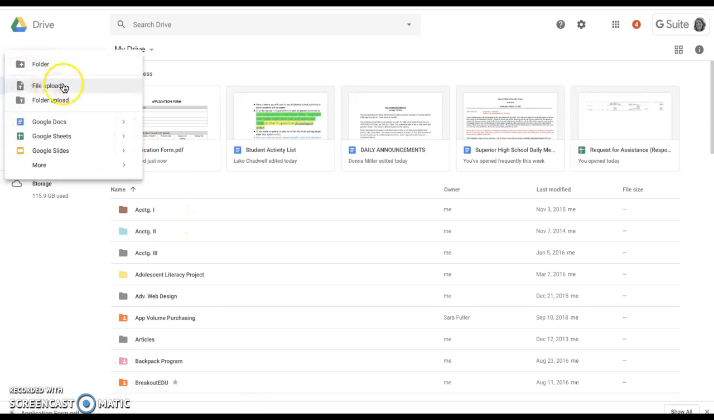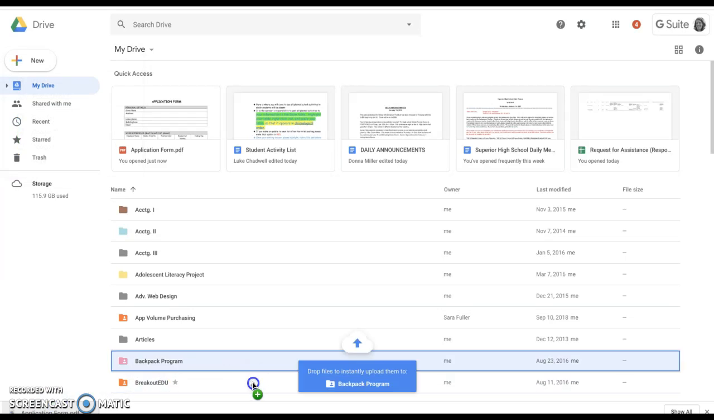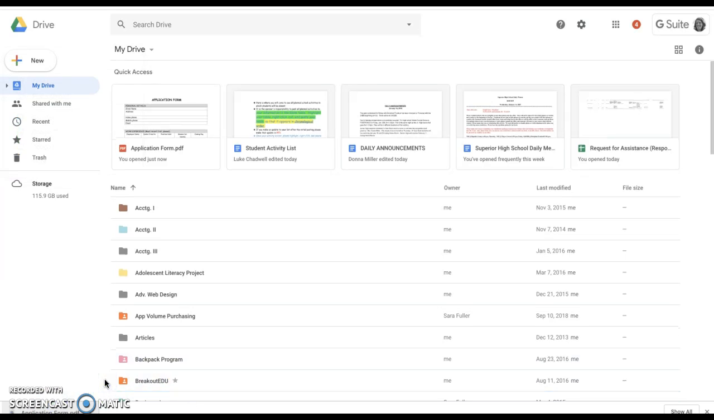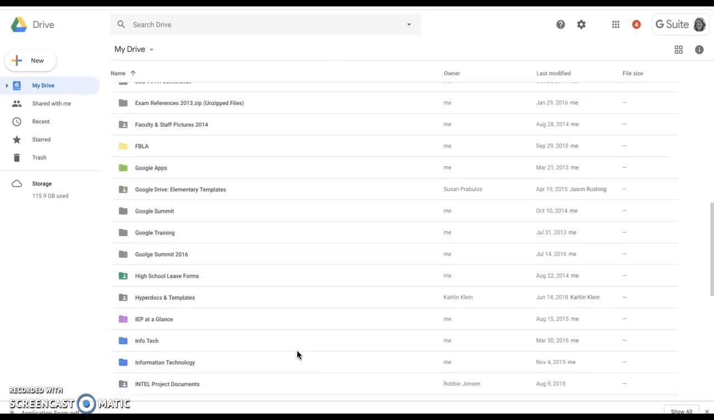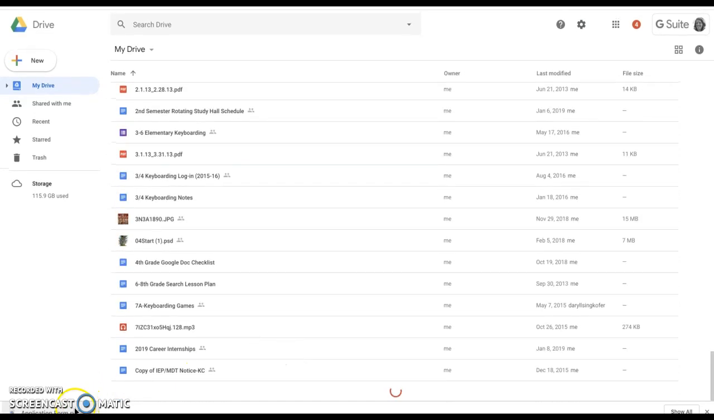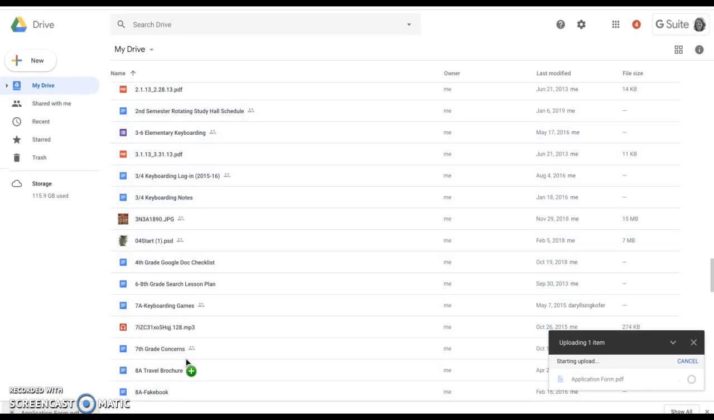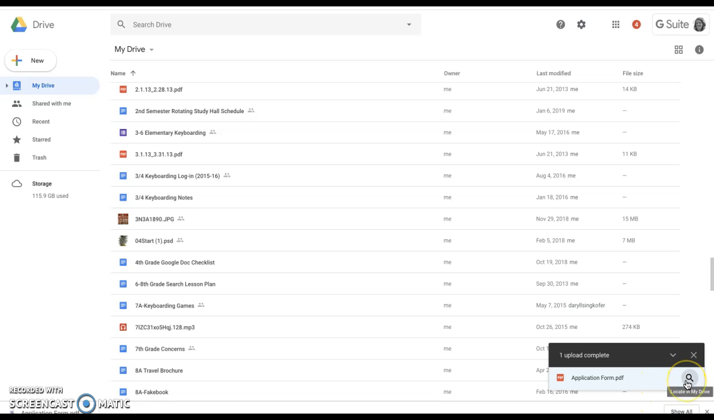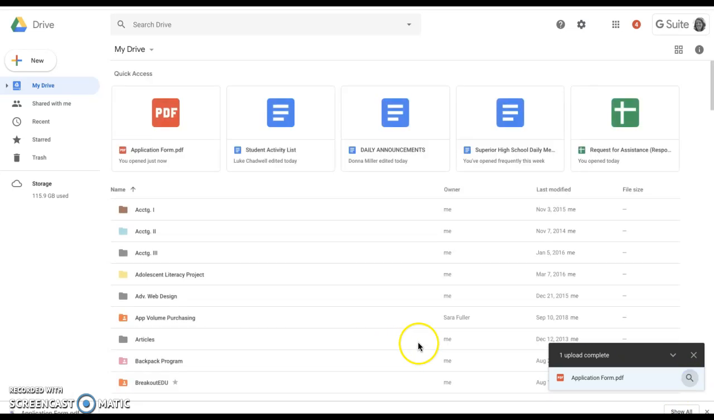You can always go to New and just go to File Upload if it's something you have saved on your computer. So that's the first step, getting the PDF into your drive. Okay, so there it's going. So once it is there, you are going to have to find it,